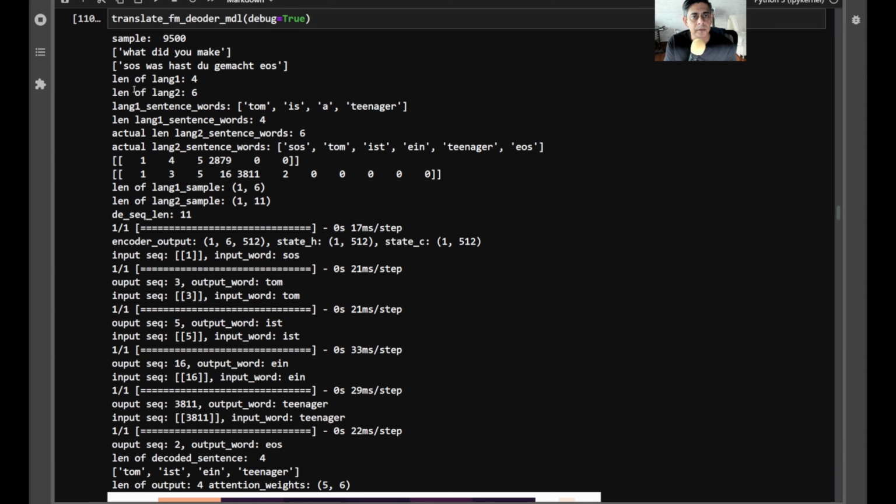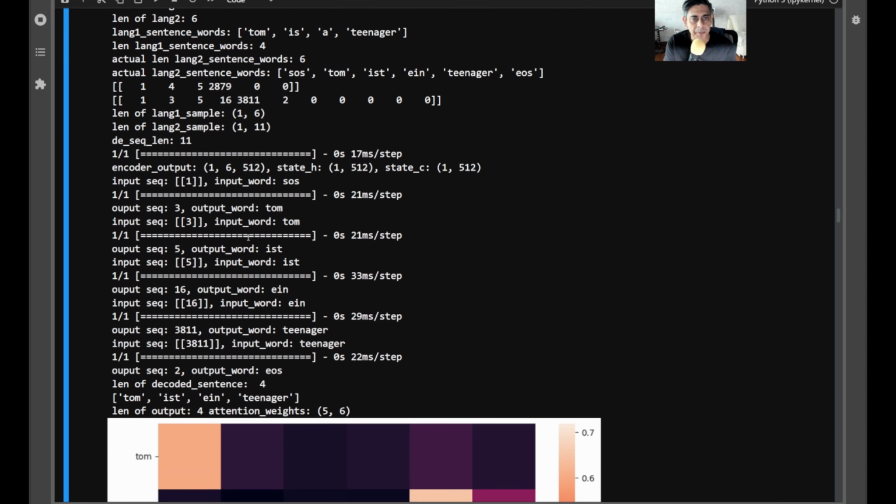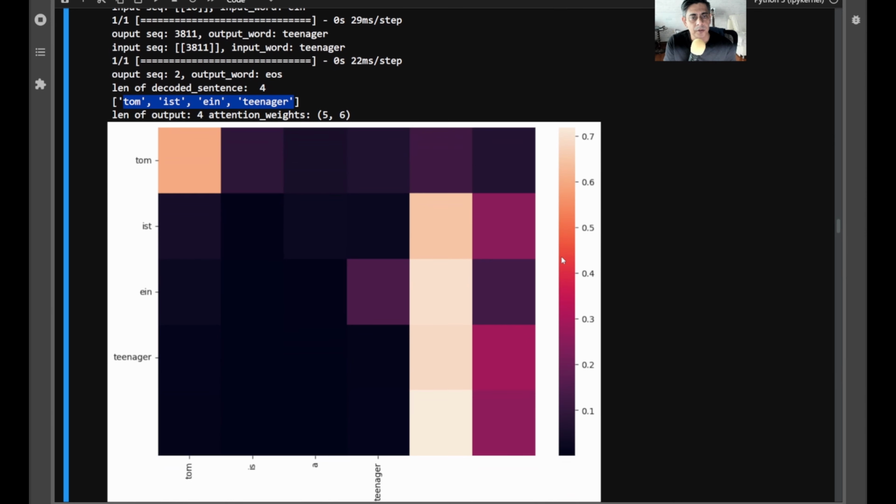For example, you can see this is language 1, which was "Tom is a teenager", and the expected output is SOS Tom is a teenager, and then finally EOS. So this is where the prediction has happened, and this is the prediction result. Absolutely brilliant. It has predicted correctly. Okay, so here it goes, the plotting of the same thing. Here again you are seeing that whenever a one-to-one translation is possible, attention has worked brilliantly, right? Whenever it is not so,